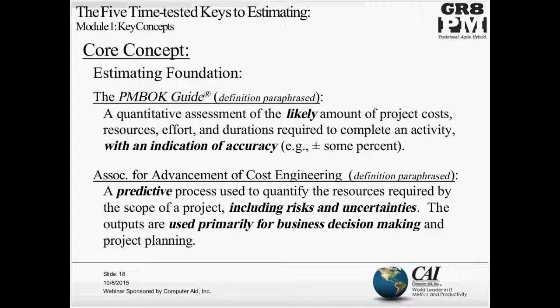So there has to be an indication of accuracy, an understanding of accuracy associated with how far into the future we're looking. If you look at the definition from the Association for the Advancement of Cost Engineering, and we're talking about folks who are very seriously hardcore focused on this whole idea of cost and engineering and estimating, they even call it a predictive process, including risks and uncertainties, and used primarily for business decision-making. So they recognize and acknowledge in their definition that it's our job to aid and support our